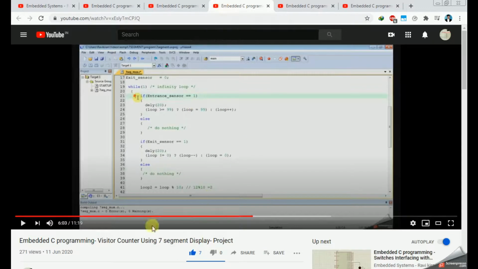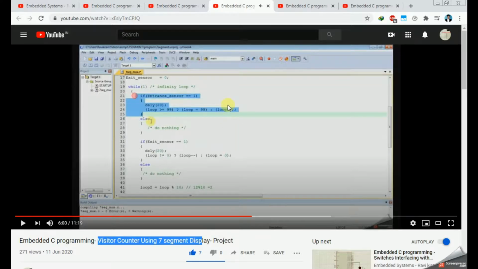That I already discussed in register counter using 7-segment display project. Here we are using one loop plus plus, so this can be incremented whenever the user press the input switch, like this.